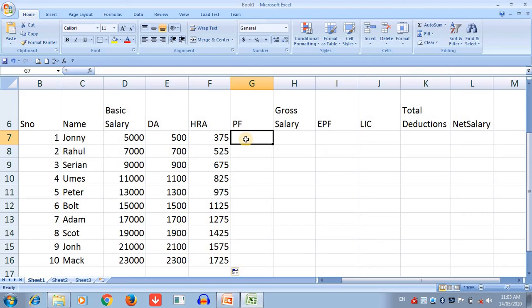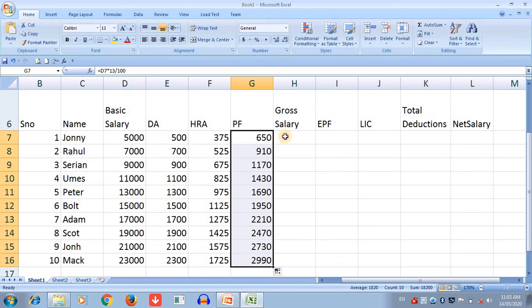PF, provident fund, that is 13% from the basic salary. So select the basic salary into 13 divided by 100. Okay, now double click here.